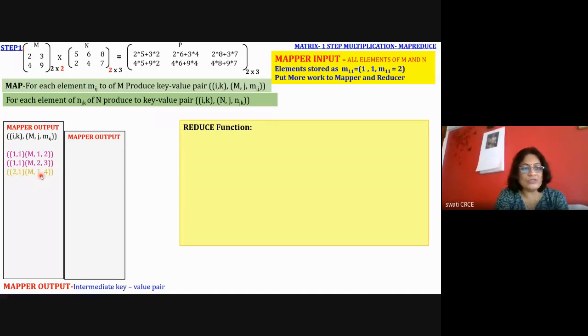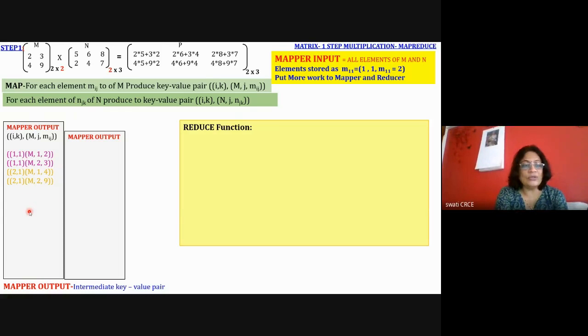Then for k equal to 1, second row, first column, the value is 4. Then again for k equal to 1, second row and second column. So there are 4 values, 2, 3, 4, 9, for k equal to 1. All Mijs for k equal to 1 are listed as the intermediate output of the mapper.